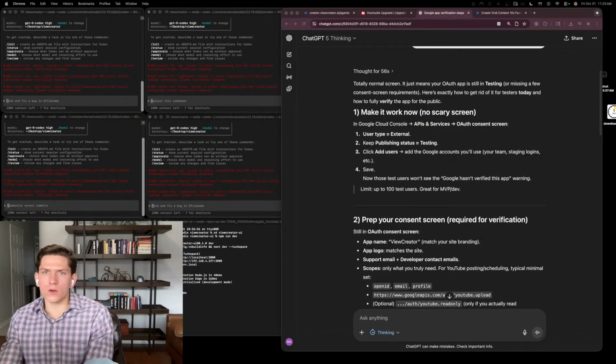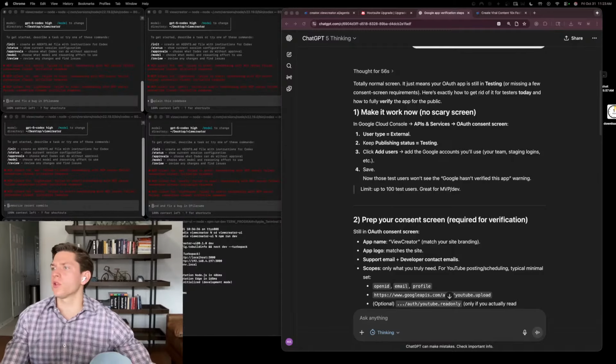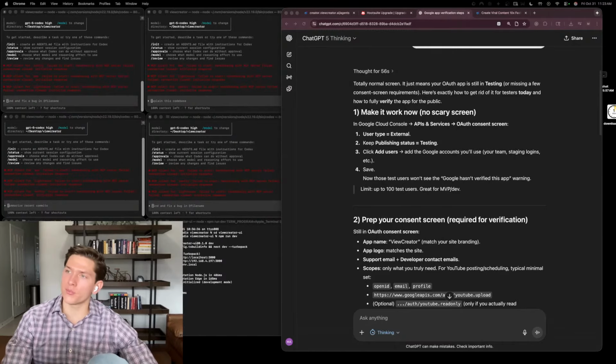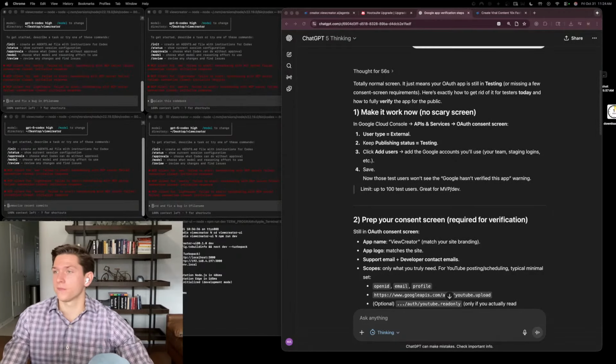Okay, so I have to go over to the Google Cloud Console, so let me launch Google Cloud Console. And over in the Google Cloud Console, I have a project called ViewCreator, and that project is where I will manage